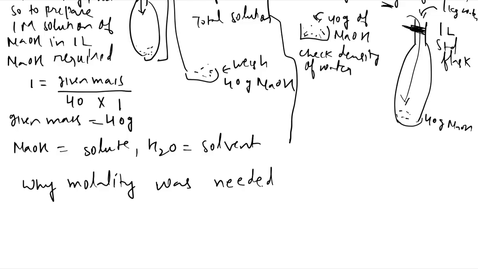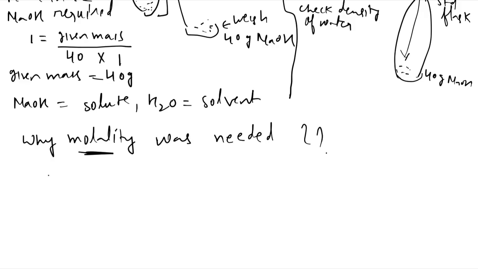Because molarity, normality, mole fraction, mass fraction, all these terms are used to measure the concentration of a solution. So we already had molarity. Then why was molality needed? What was the need for that? For that you need to remember one thing, that molality is not temperature dependent, whereas molarity is temperature dependent. I'm writing this up and you need to remember it for practical use, because